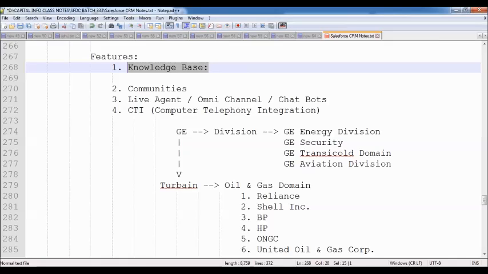The solution is also there inside this knowledge base. Collect that solution and try to resolve the problem. So now in this case, what happened? The customer has no need to make a call to the customer care. The customer can get the solution on the spot by visiting this knowledge base.